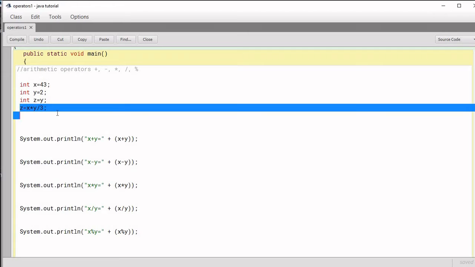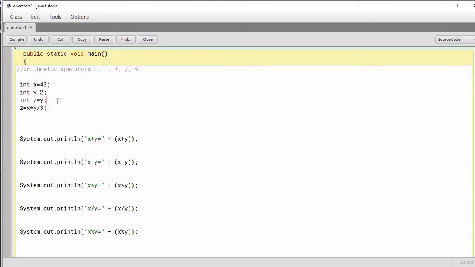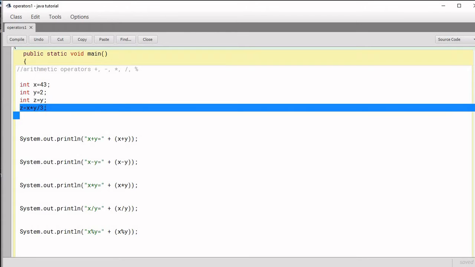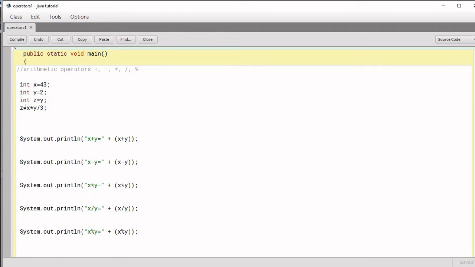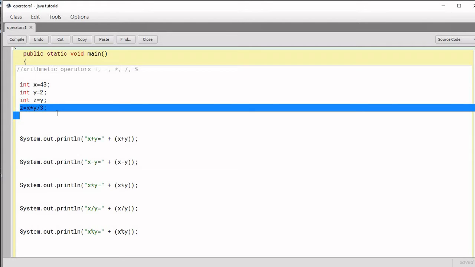One more thing: there is operator precedence or priority in Java also, as there was a priority system in maths, like the BODMAS rule, which decides which operator will be evaluated first if there is more than one operator in an expression. In this way Java also has operator precedence rules. On the basis of those rules, the operator with higher priority will be evaluated first, and then the operators of the next level of priority.